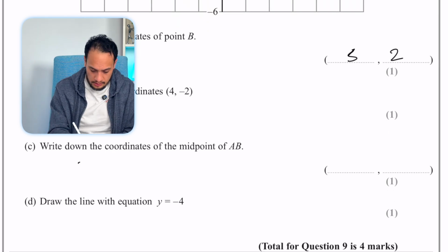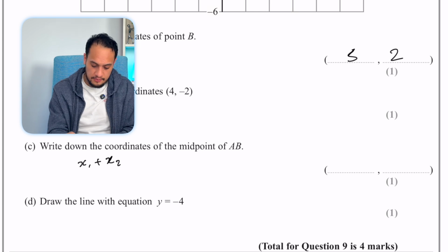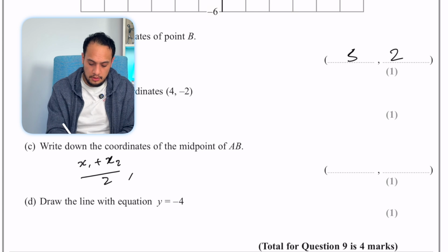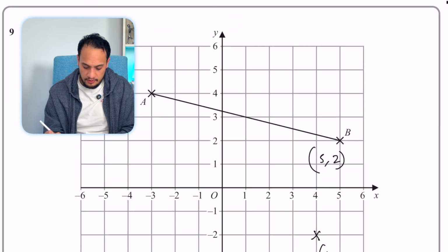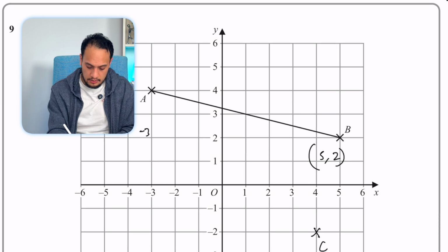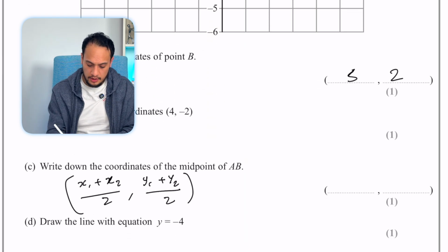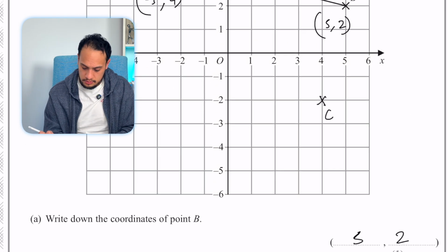So just to express that algebraically: x1 plus x2 all over 2, comma, y1 plus y2 all over 2. And then in this case, we've got minus 3 is our x coordinate, and then we've got 4 as our y coordinate. So minus 3 plus 5